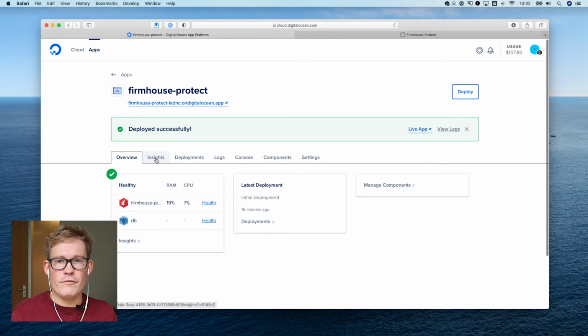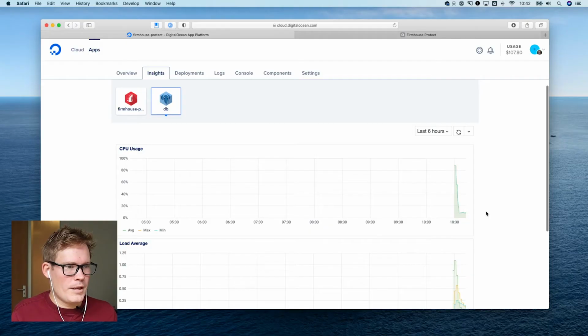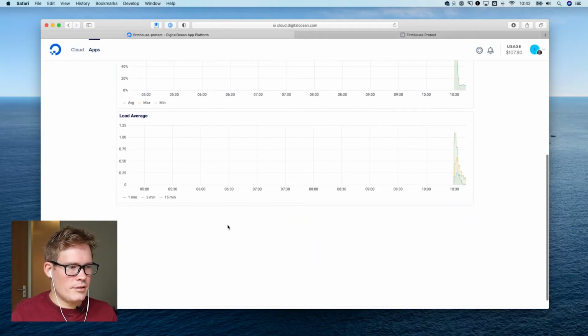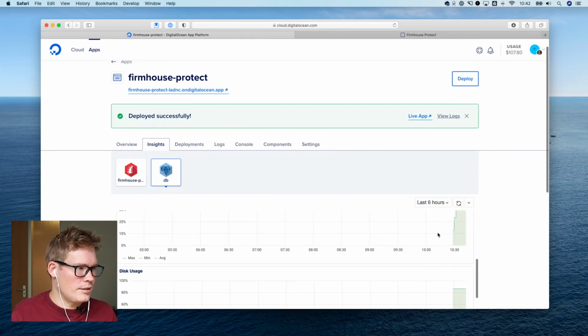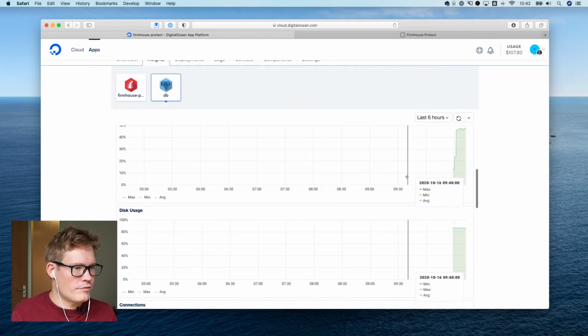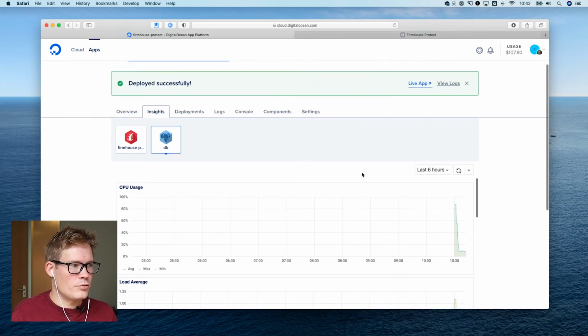So if we now go into insights, let's have a look at what that means. Let's press the Rails app. Okay, and as we can see now, something is happening in these charts. So this is the way that we can monitor CPU and memory usage. Let's see what's happening for the database. Yeah, also some nice graphs. It looks like something is broken in the UI here. This is kind of like an internal iframe or something like that, and we need to scroll. Anyway, there are a lot of database metrics that you can use to maybe figure out performance errors